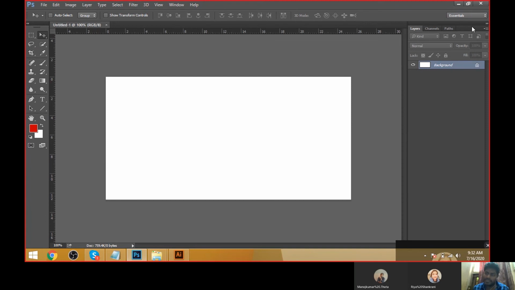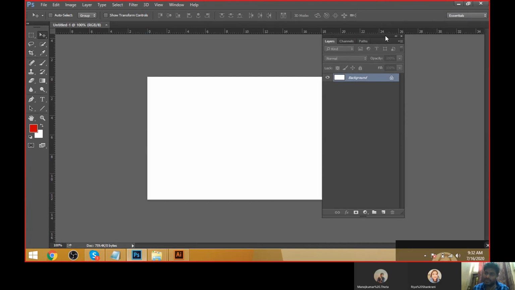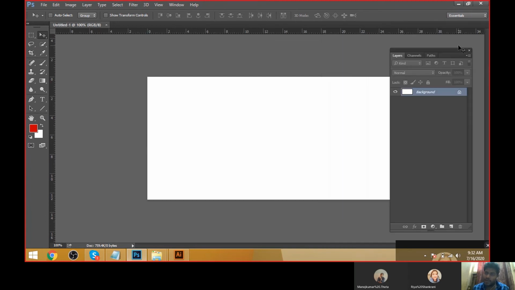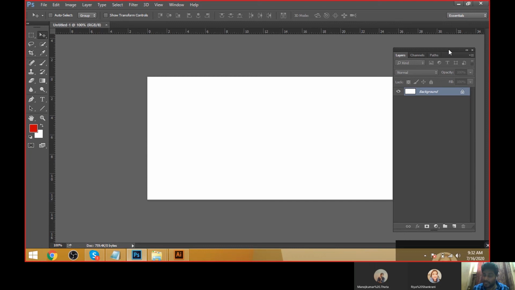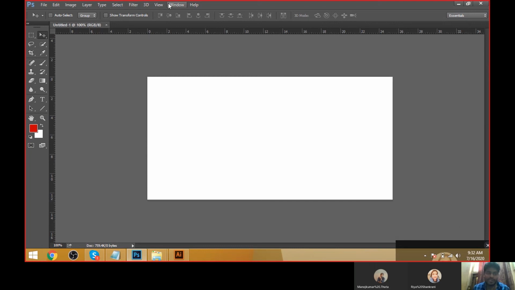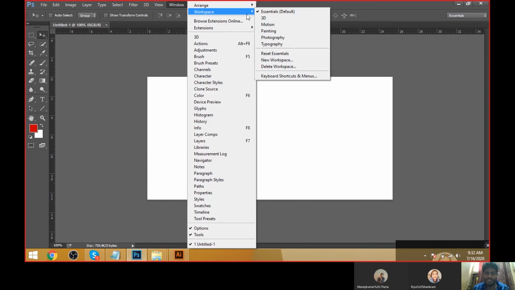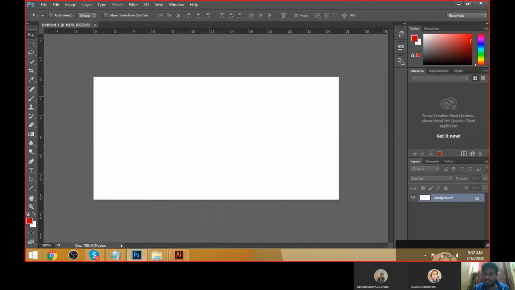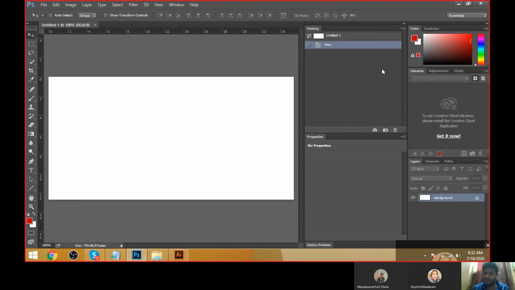I can keep in Essentials only the layer palette. Sir, in Essentials we can see only the layer palette. No, I removed it, I just hid it like this. If you go again and keep the workspace and reset Essentials, these are all the Essentials palettes. We can see so many palettes. But in this requirement I need only the layer palette, and the remaining palettes should be removed.